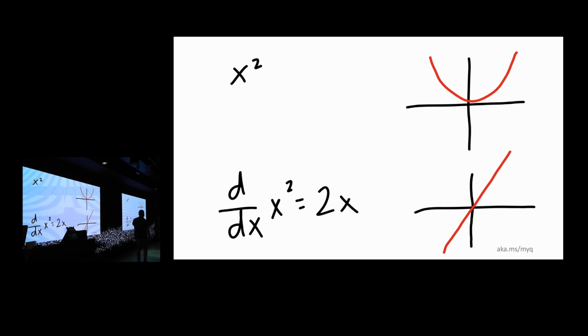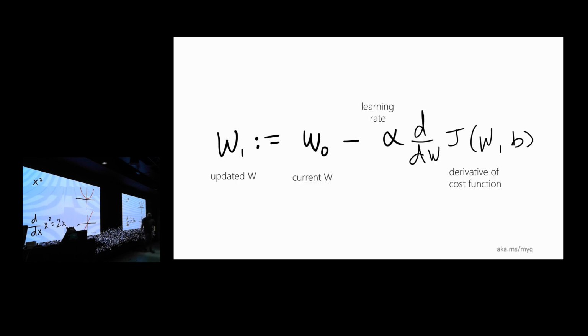So if we take half of the derivative, if I'm at 3, and then I say I'm going to subtract half of 2 times 3, that means that when I'm here, the derivative is 6. If I take half of 6, it's 3. If I subtract 3 from 3, it puts me in the exact right spot. That fraction is called the learning rate, and that is called stochastic gradient descent.